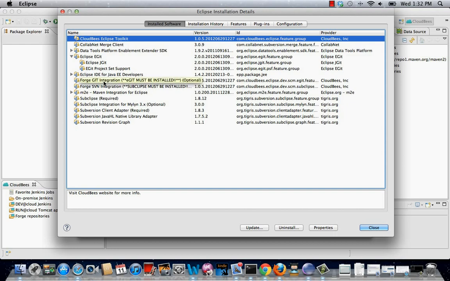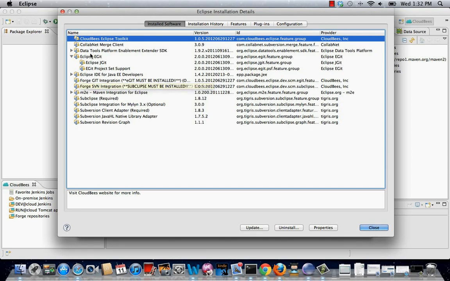This is our cloud repository integration for Git and Subversion. There are two choices here. You can either pick the Subclipse or the Subversive. It's one or the other, and it matches whichever you prefer to go with for the base plugin. But make sure you install the Subclipse or Subversive and the EGit before you do this, or you won't be able to install the Forge